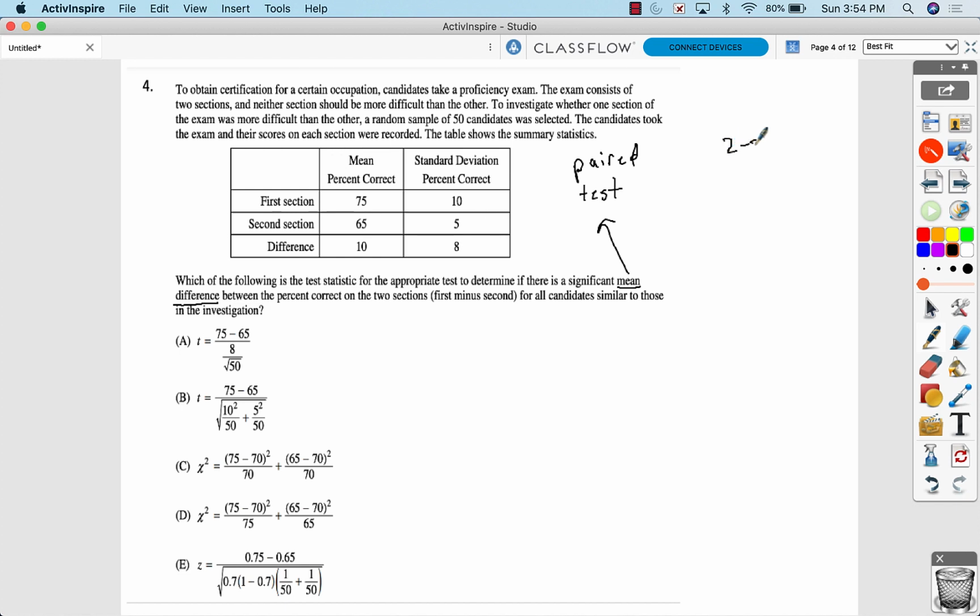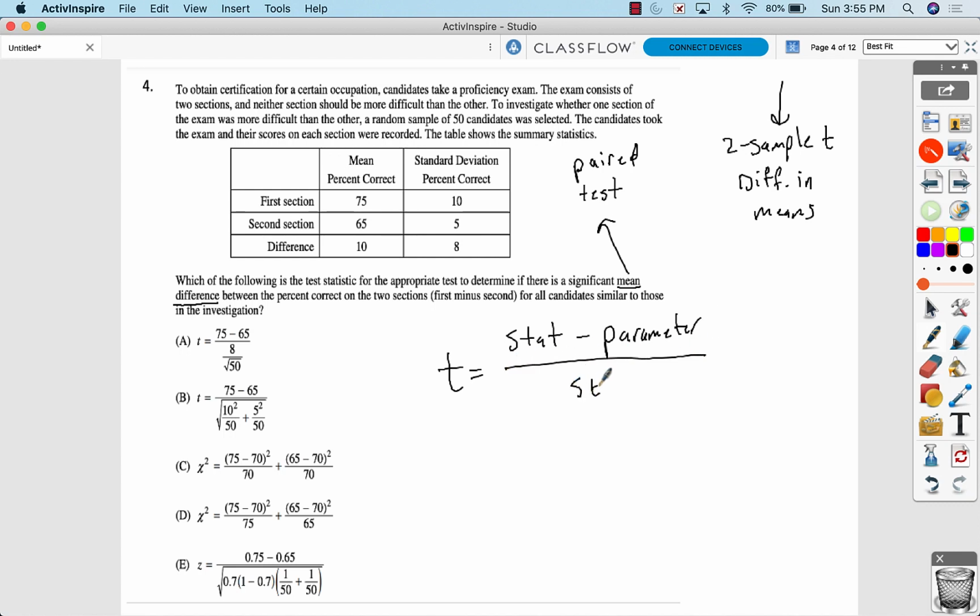What's a two-sample t? A two-sample t is the difference in means. It's very helpful, if you're good at this, to be able to tell the difference. They're baiting you into picking a two-sample t test, but you should be doing a paired test because it says mean difference. Okay, so a test statistic is the statistic minus the parameter